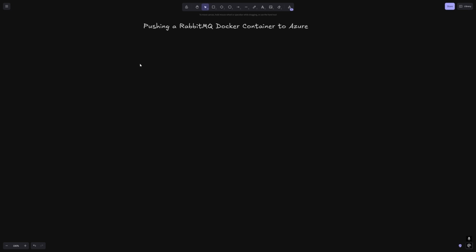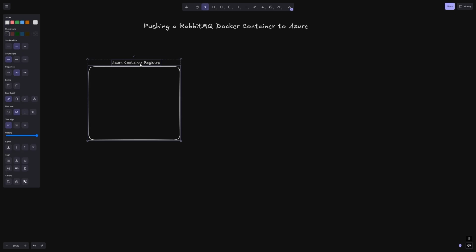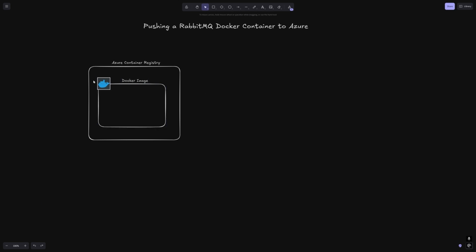Well, firstly, when pushing a container into Azure, you first need something called a container registry. And in this case, that is an Azure Container Registry. A container registry is essentially a place for developers to store container images, like those from Docker. You can simply think of this like a repository for your container images. And once you've created a container registry, you can then look to push your Docker container image that contains RabbitMQ into this container. So here we've now got a Docker image